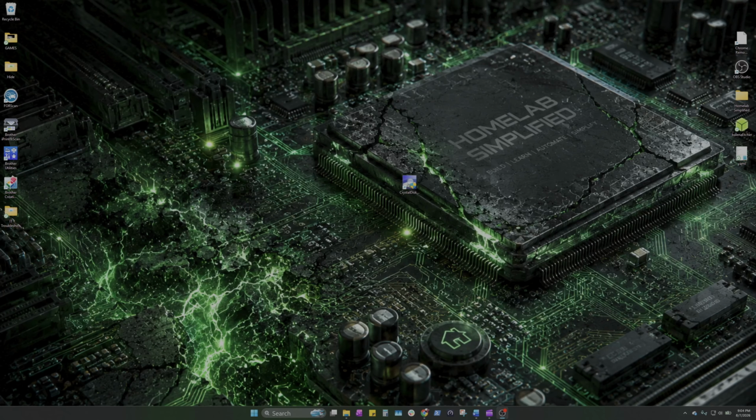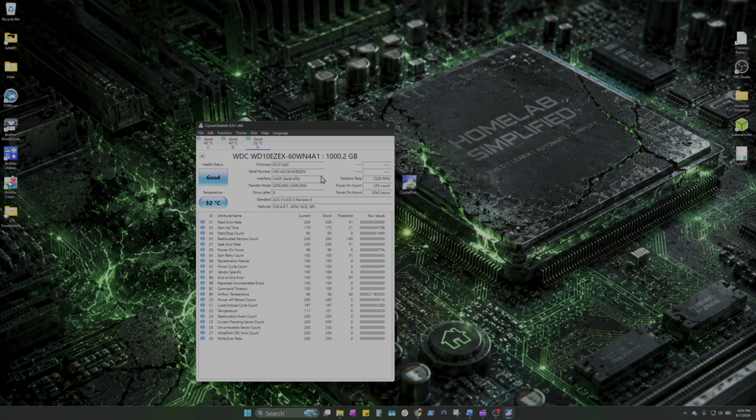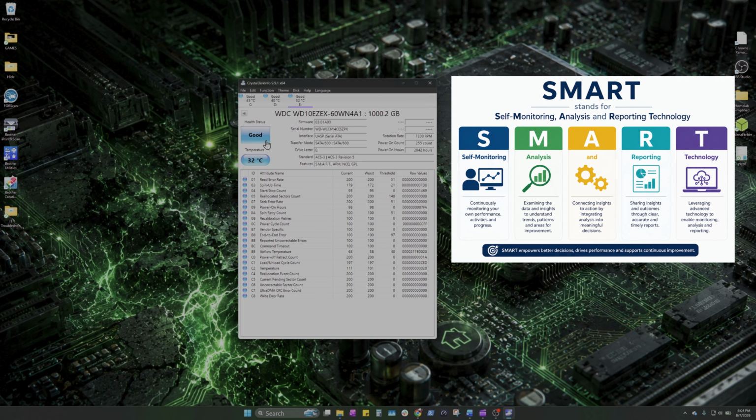Alright, so after we've powered on the docking station, the next thing I like to do is check the health status report of the disk. I'm going to use this free app called CrystalDiskInfo. You can get it from Microsoft Store. And so now that we've got this pulled up, here I can see the health status of the card, which